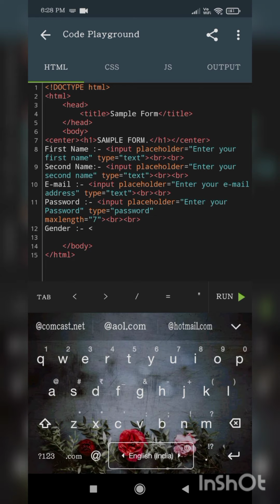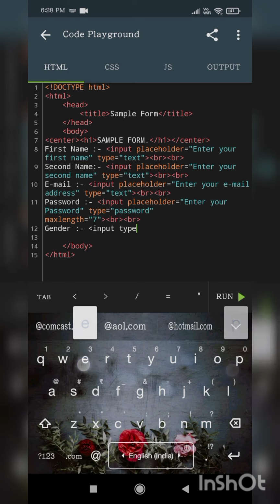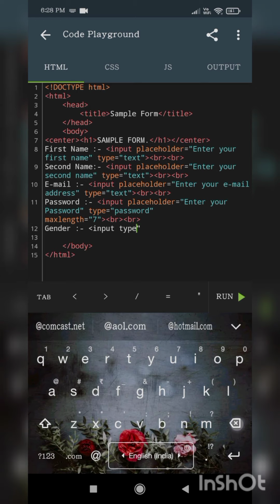Here use input type equals, in quotes, radio. Then you will get radio buttons, and you have to write one more attribute, name. You should write it as gender, or else there is no need for it.